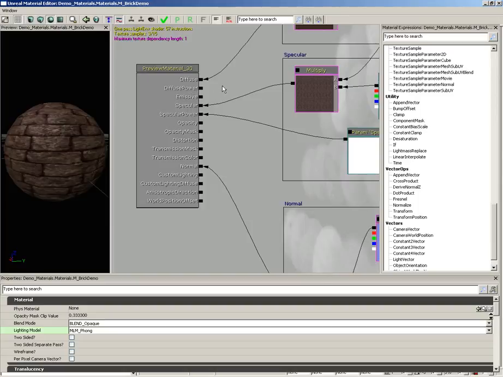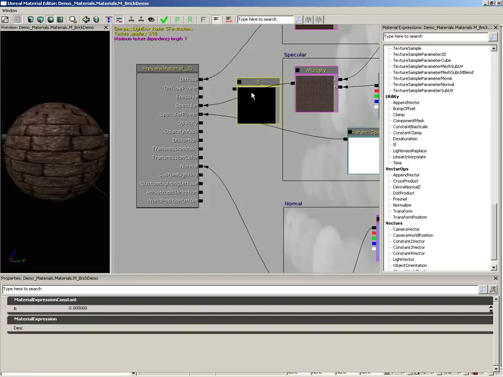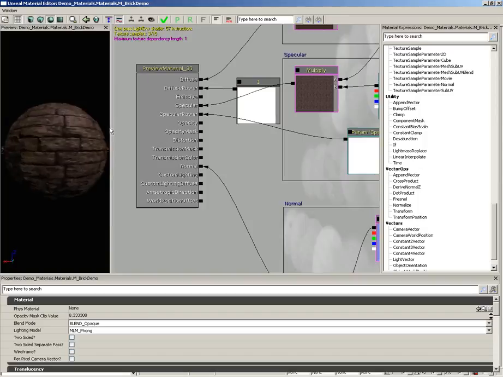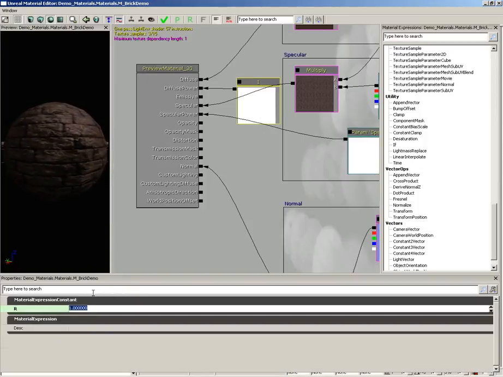Now this one I can demo fairly easily. I'm going to hold down the 1 key and left click here in space, and that's going to create a constant expression, and a constant just holds a single value. I'm going to set this value to 1 and plug it into diffuse power, and nothing happens because 1 is the default. But if I change this value to, say, 10,